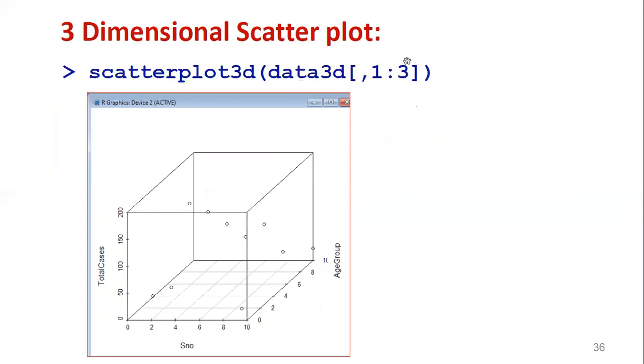Then how many dimensions you want. So first, default blank comma, the dimensions you can provide 1, 2, 3 means it takes 3 dimensions. Then 1 to 4, it takes 4 dimensions. Then 2 to 4, starting with the second attribute: second, third, fourth attributes. Like that you can provide whatever attributes you want.